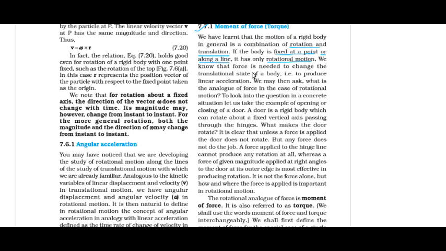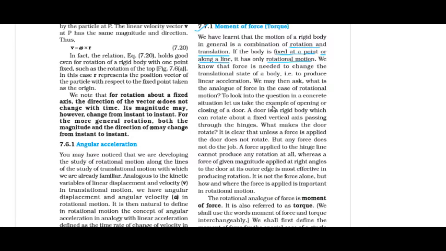We know that force is needed to change the translational state of a body, that is, to produce linear acceleration. So for linear acceleration, we need a force. We may then ask what is the analog of force in the case of rotational motion. To look into the question in a concrete situation,